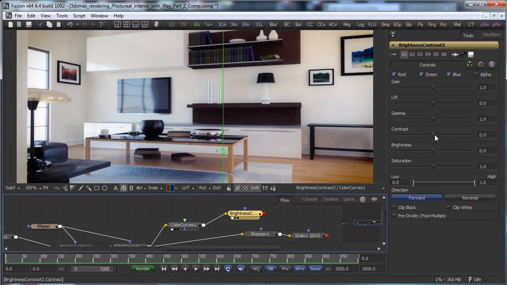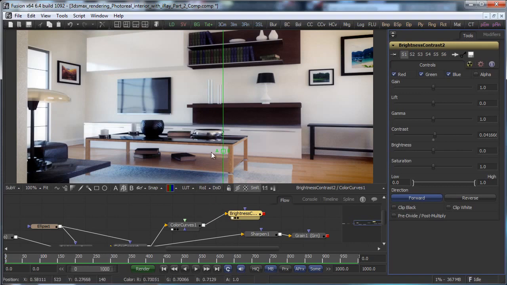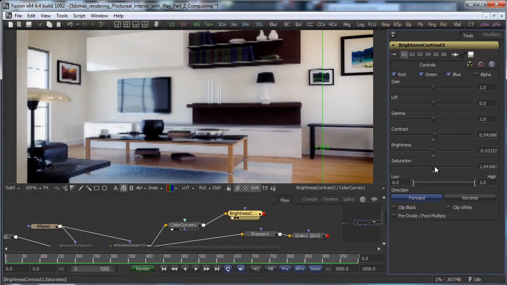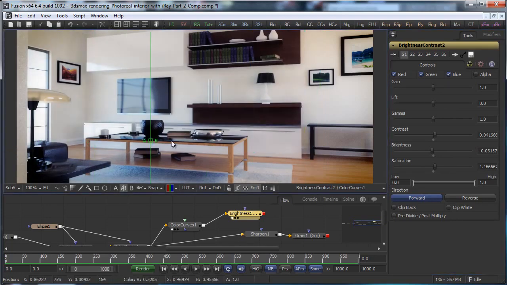Let's have a little bit more contrast, and maybe a little bit less brightness and a little bit more saturation. Okay,